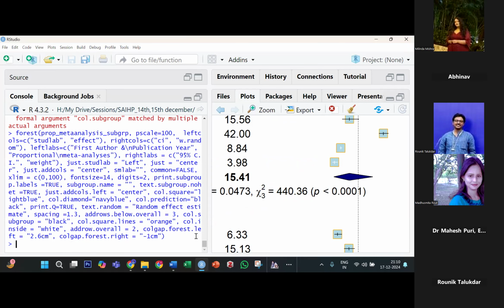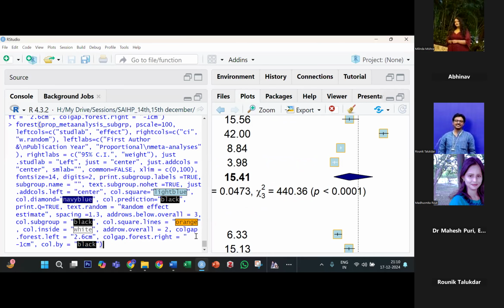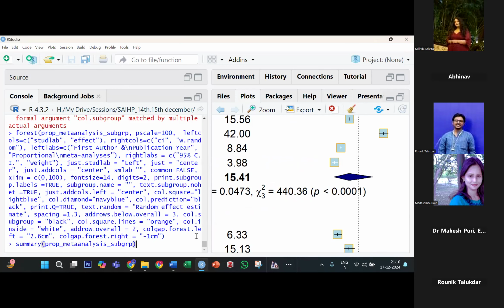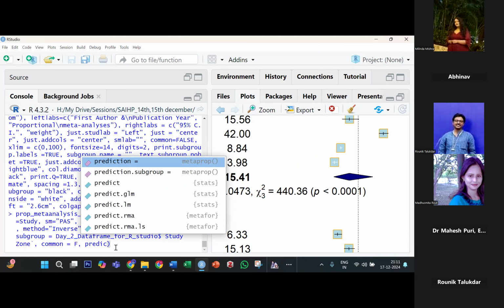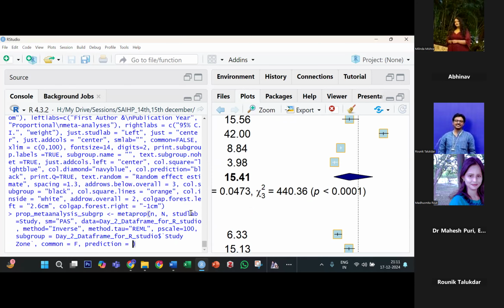एक काम करो, ये कर्सर में अपर एरो प्रेस करो, करके उसमें जाओ, करते करते रहो, फिर जब तक वो एनालिसिस आएगा, प्रोपोर्शनल सब ग्रुप का जो एनालिसिस का कोड आएगा वहां तक रोको। फिर कॉमन एफ के बाद में कॉमा देके यहाँ पे बैठाओ प्रिडिक्शन, प्रिडिक्शन इज इक्वल्स टू ट्रू। इतना तक हुआ।